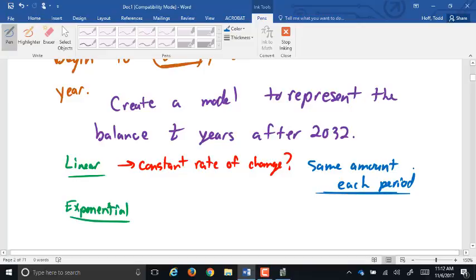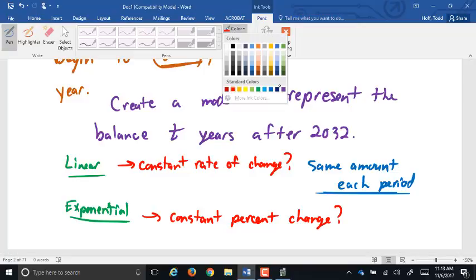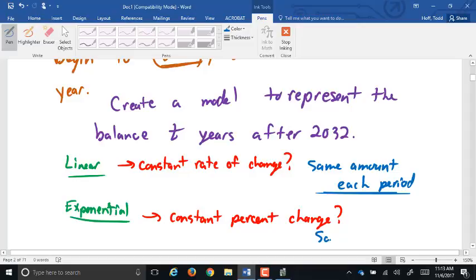The last one was linear. The growth rate was linear because it was 0.2% every year, no matter what. Exponential is a constant percent change. So it goes by the same percent each period rather than the same amount. So yeah, since this is a percent each period, it is